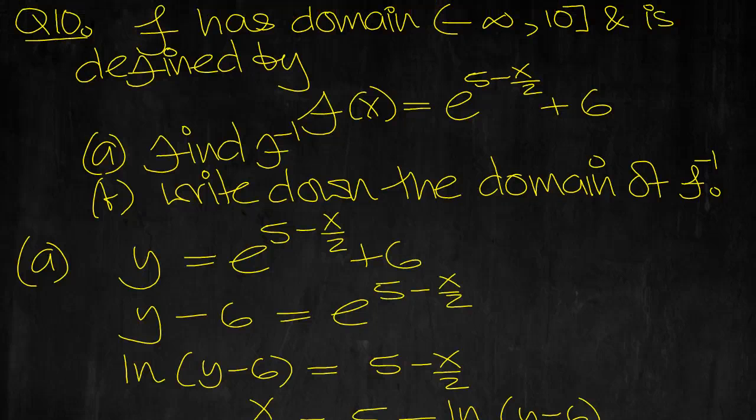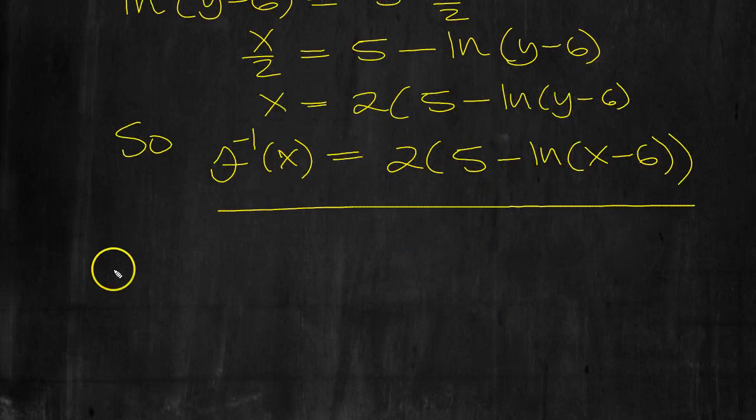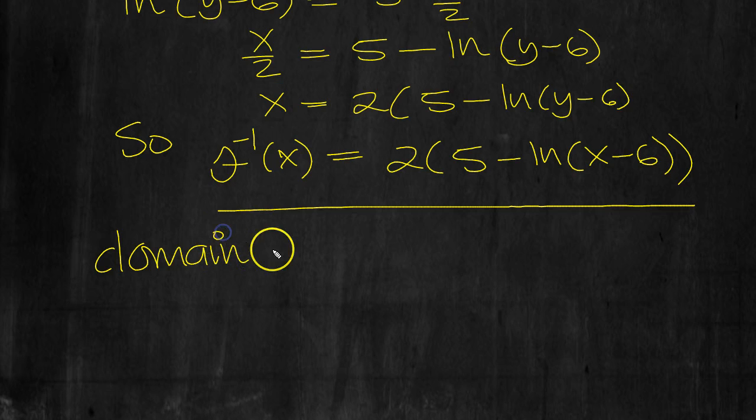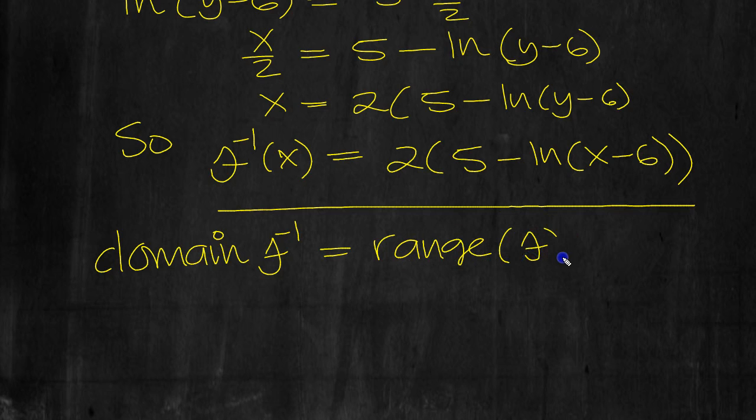So that's what we've got then for the inverse function. Write down the domain of f minus 1. Well, that would be the range of this function. Okay, now this function, the range of f, so the domain of f minus 1 is equal to the range of the function f,